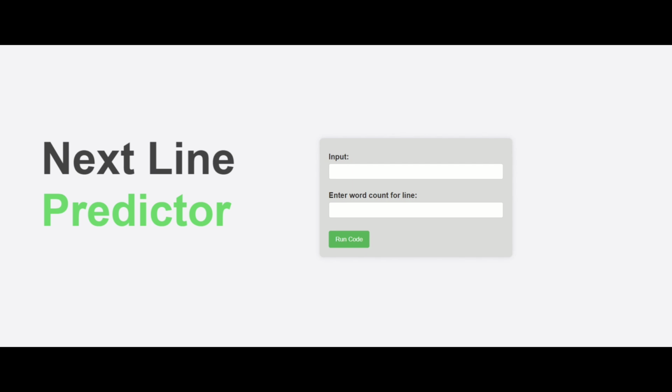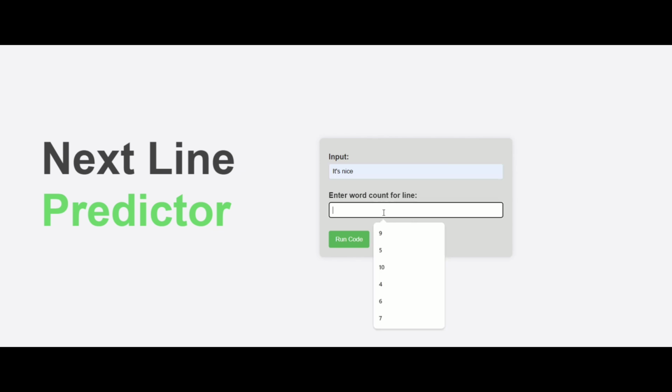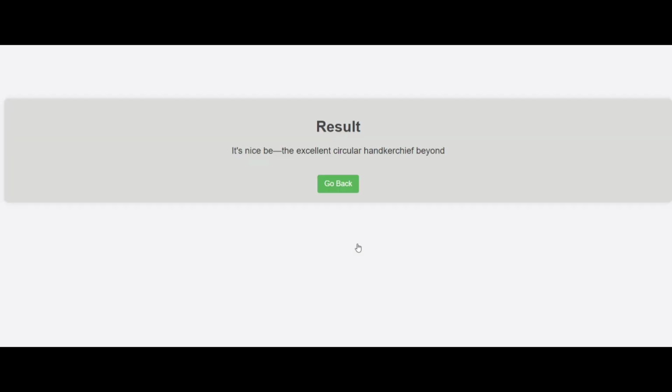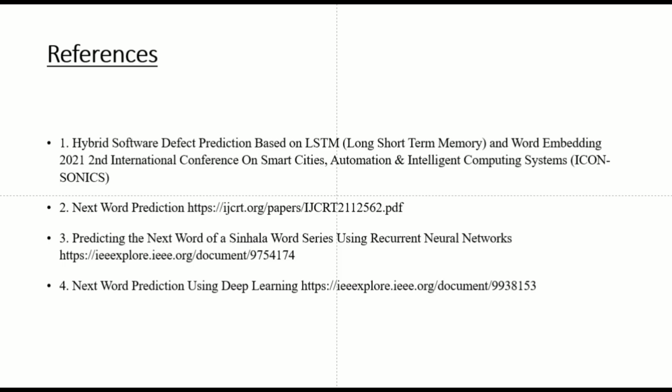To get the next prediction, we have to do the same thing again. Now I am giving it's nice as an input, and the word count is 5. Click run code. Here is the result. It's nice be the excellent circular handkerchief beyond. Click go back. These are the references of